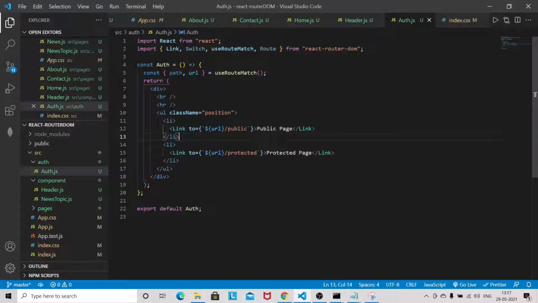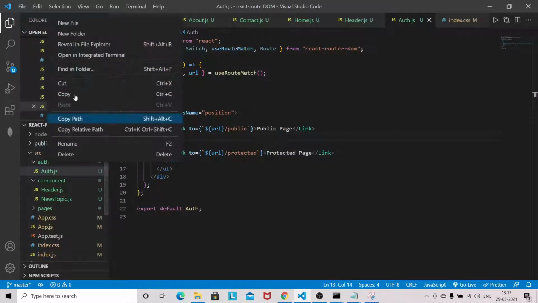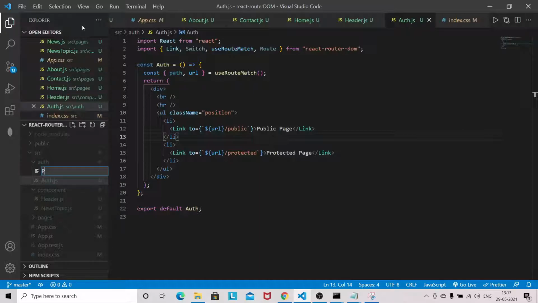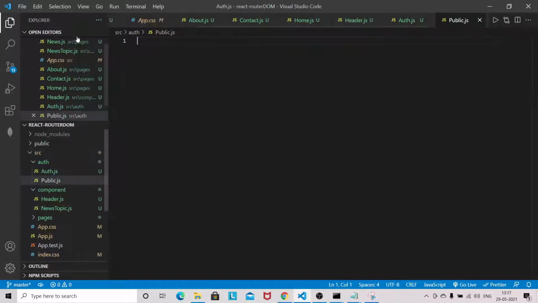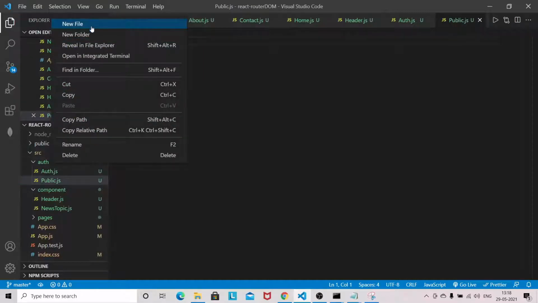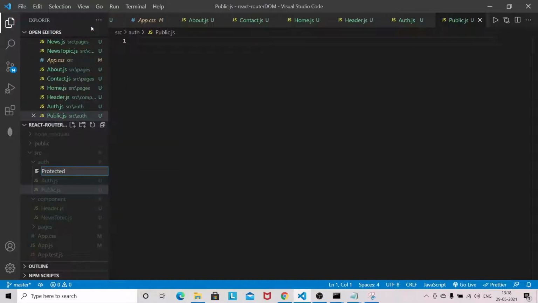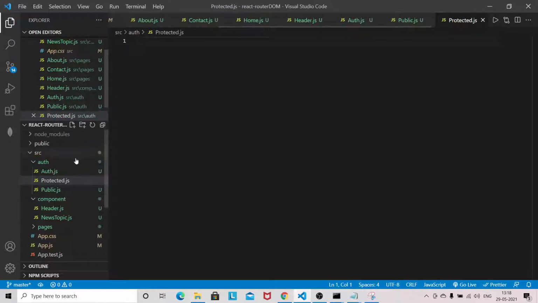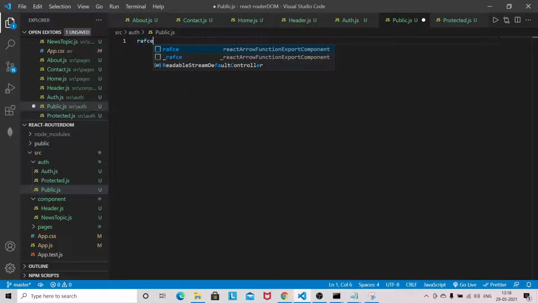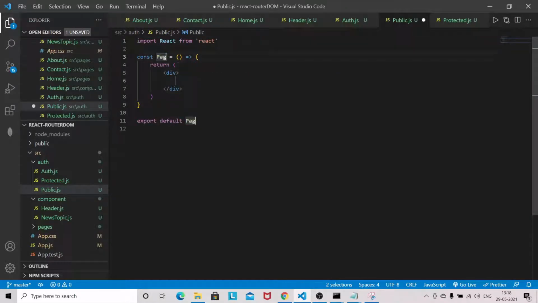Now we'll create some pages here, public.js and protected.js. I will give the public page, and for now it will just be simple content.